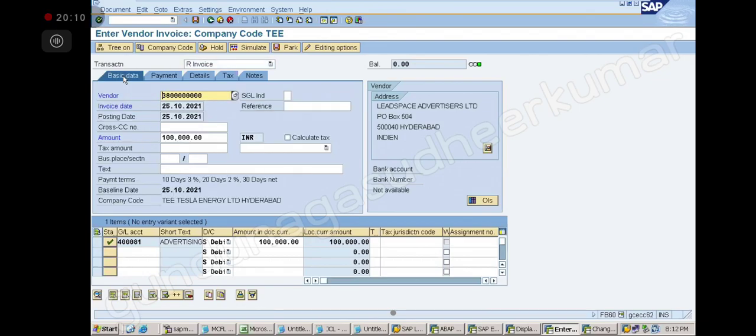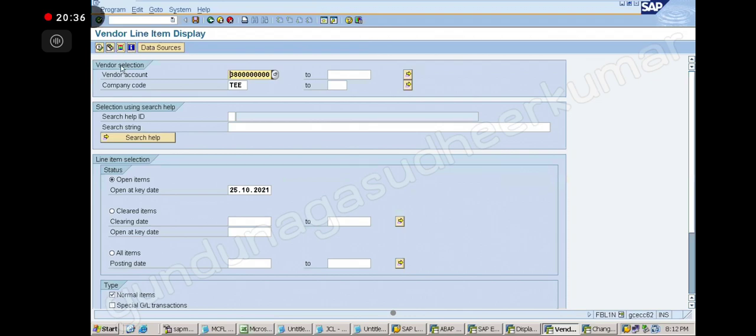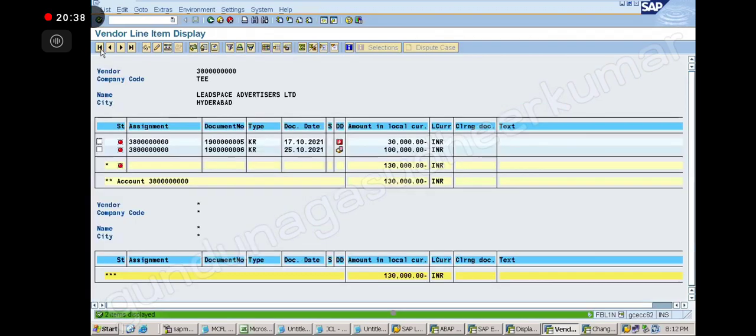Good. Okay, so now I am going to save this. When I save, what do you think? I go to FBL1 and how many open items can I see now? Two open items. What is the symbol? One open item is the calendar. For this 1 lakh, I should get it as calendar, right? Yes. Let us execute.